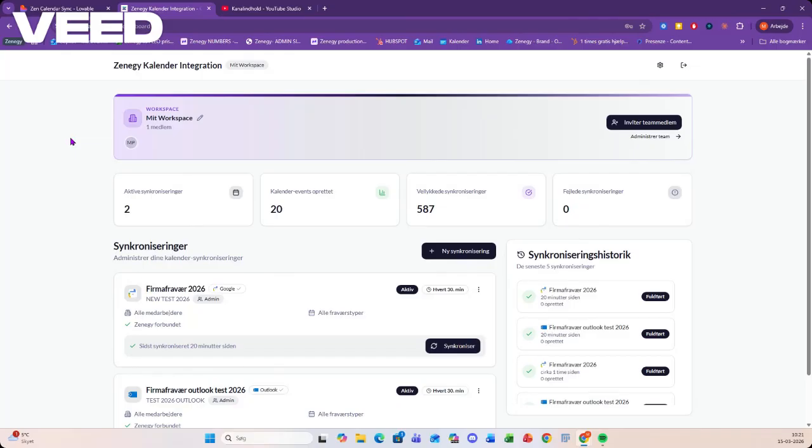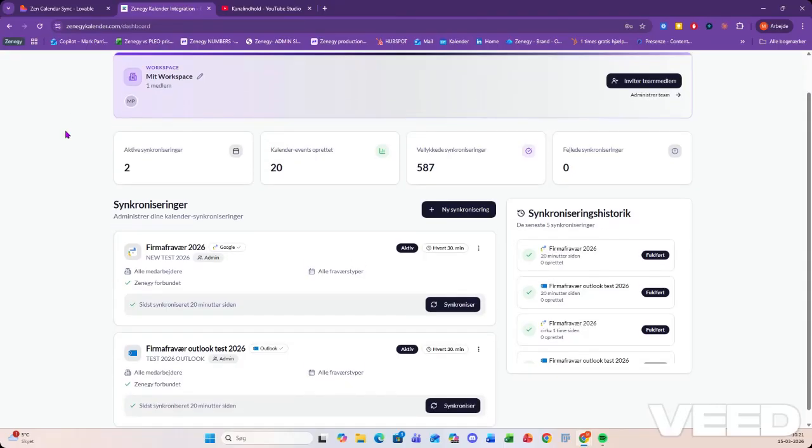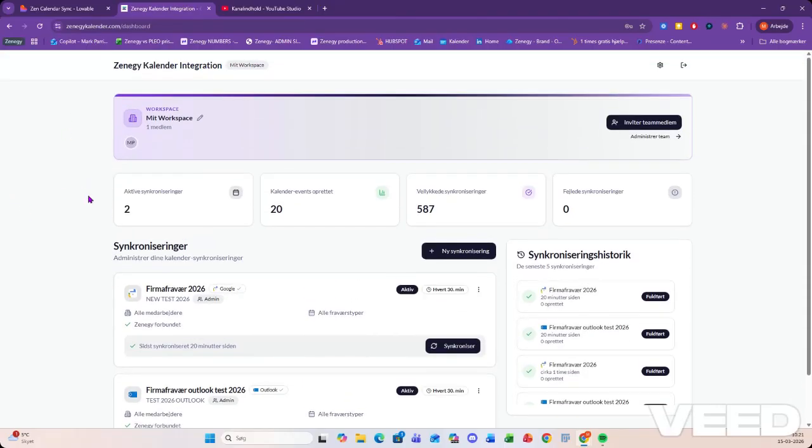So I built this Zenegy Calendar integration, and the purpose of the application is basically it's a third-party app which integrates to something called Zenegy, which is among other things, a payroll system and an accounting system. What I'm using this for is I have basically built an integration to the Zenegy payroll, where I am synchronizing the different absence that might be needed, vacation and holiday and sickness and all that into a user's calendar